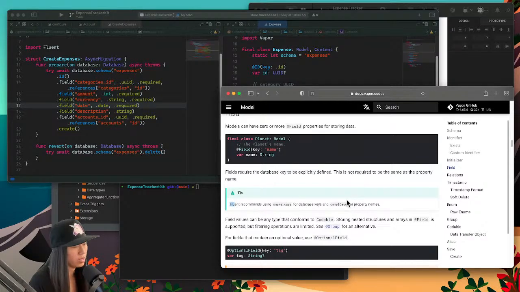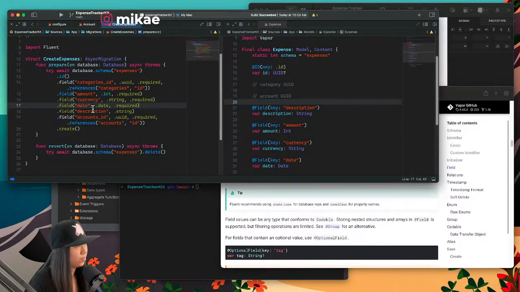Yeah, Fluent recommends snake case for database keys and camel case for property names. That's also just a general SQL kind of thing, is typically snake case is used. But I know I broke that with, I did try to keep it with most of them. I remember doing that, but I did break it with it's